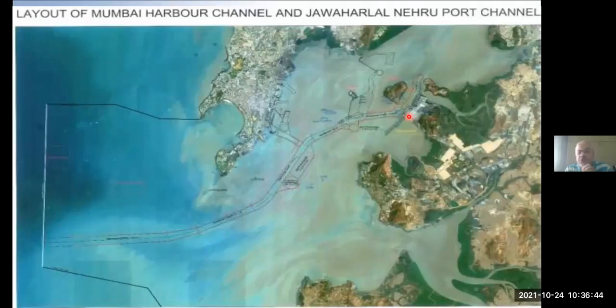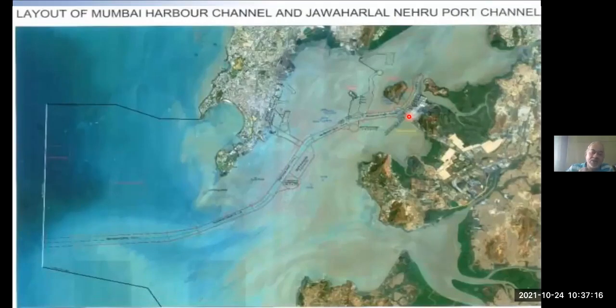Then these ports will also depend on high water and low water, which is a natural phenomenon, because whenever the moon is coming close to that area of the earth, then the water that is free on the surface of the earth, 70% of the earth is water, whatever is free gets pulled towards the moon, and you have high water.